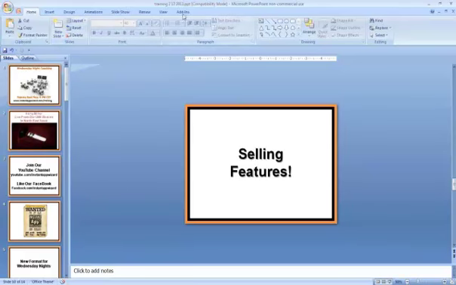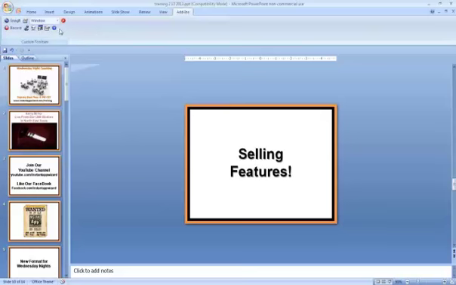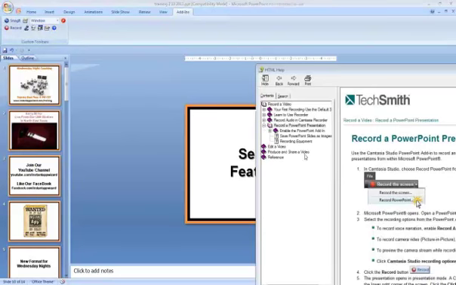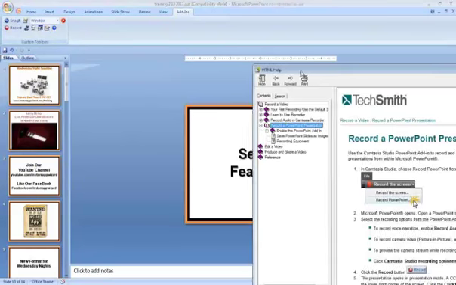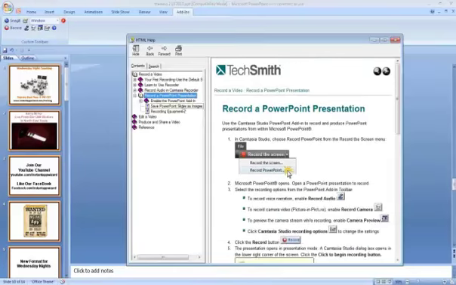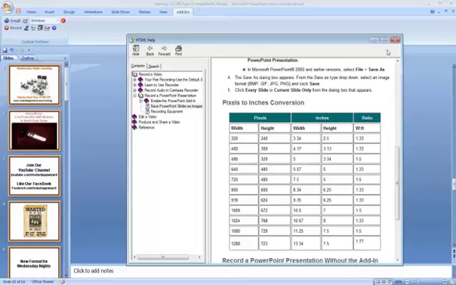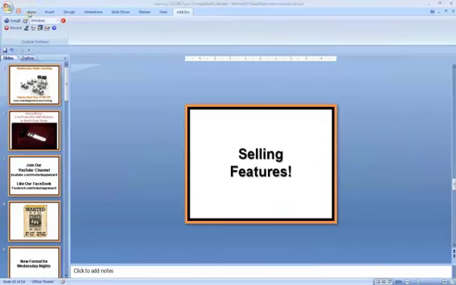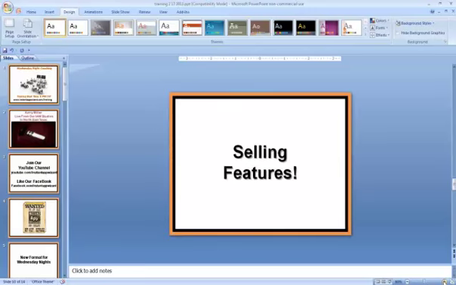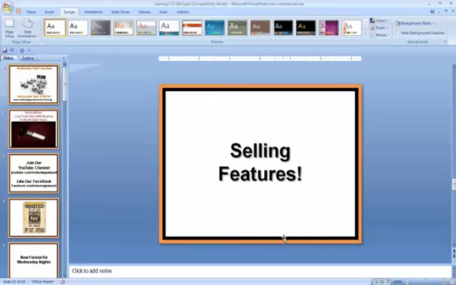First off, I think it's 6.7. Let me look real quick. A 640 by 480 is 6.67 by 5 at 100%. This is ready to record a 640 by 480 YouTube video.